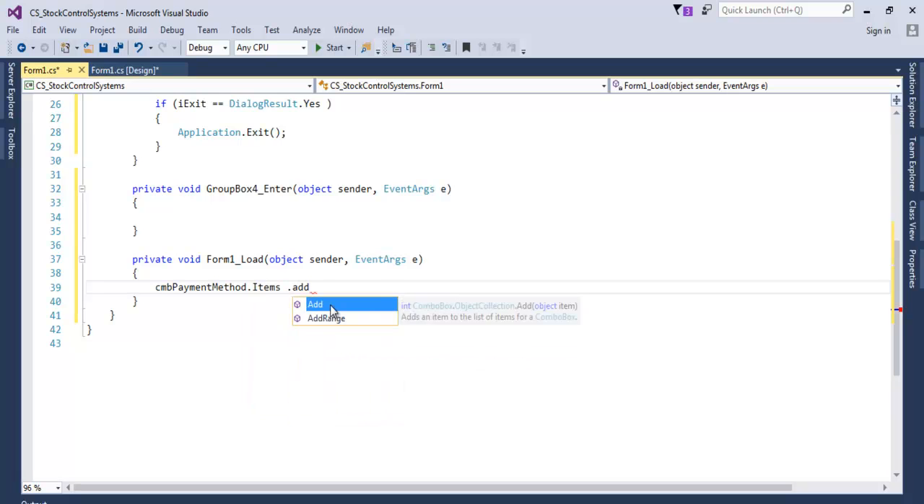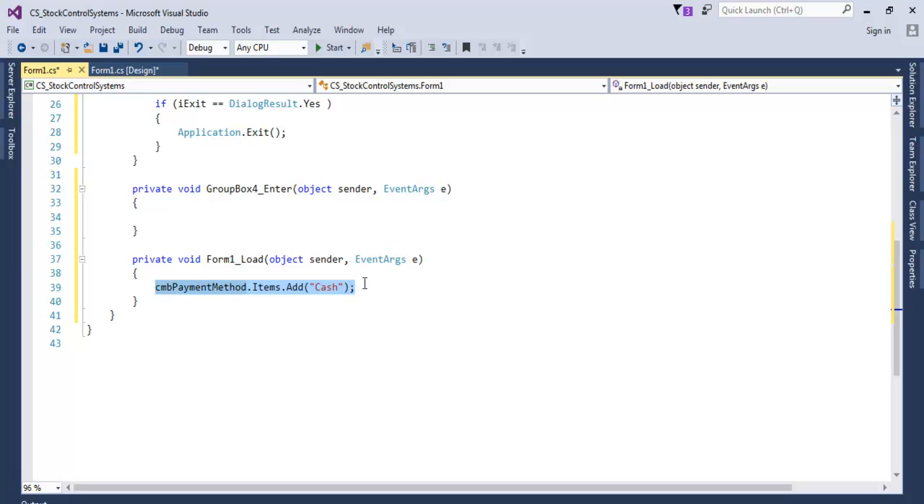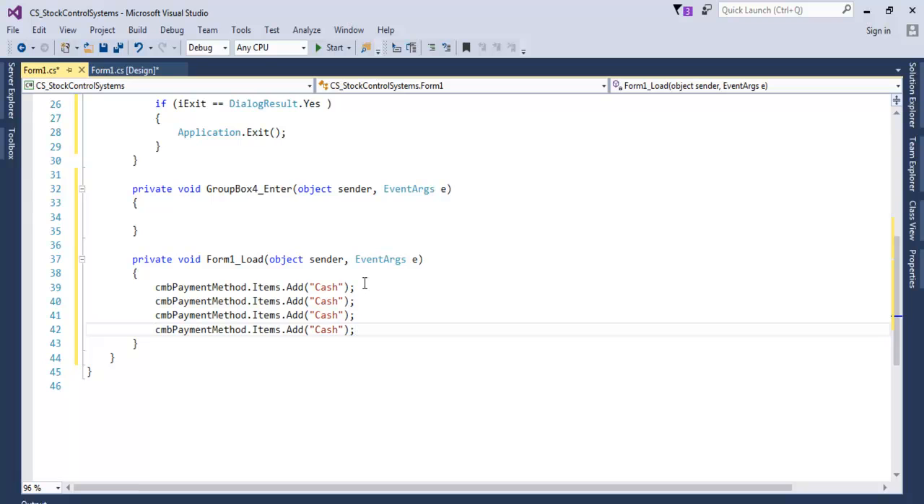Okay, the item I'm adding now, the first one, would be cash, which is supposed to be the method of payment. Yeah, now let's copy. We're going to be using about 4 different methods of payment. Then we have MasterCard here. Then let's go for Visa card